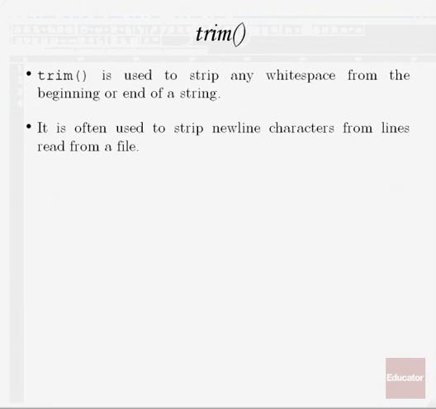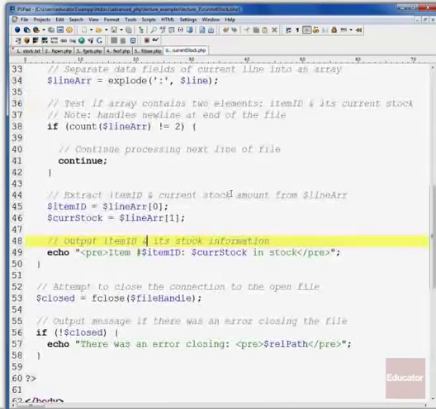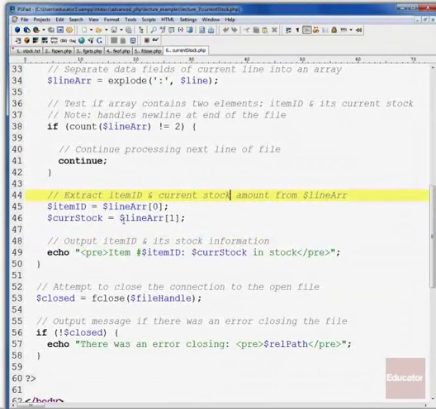PHP provides a built-in function called trim, and it's often used. What it does is strip any white space from the beginning or end of a string, and it's often used to strip new line characters from lines read from a file. So if we go back to current stock.php, here when we get the current stock from this line array that we've created using the explode method, we're going to run the trim function on that array